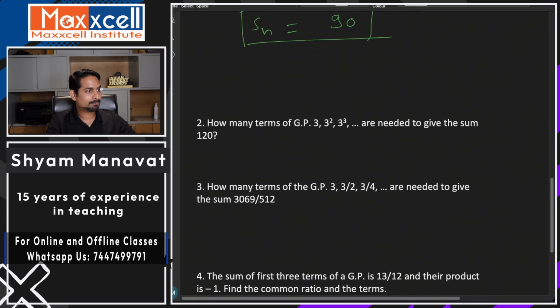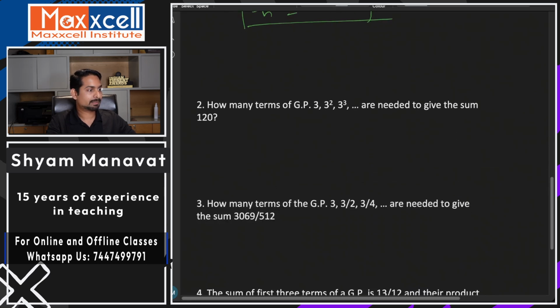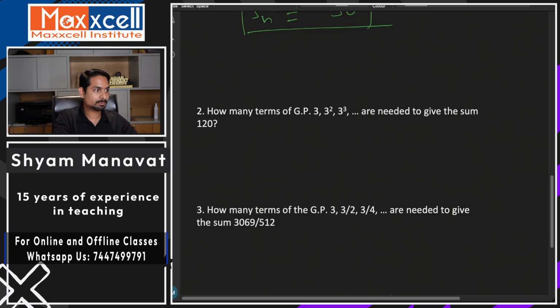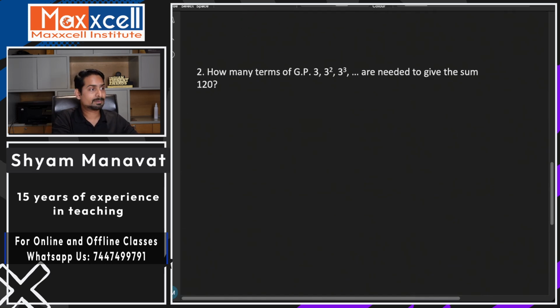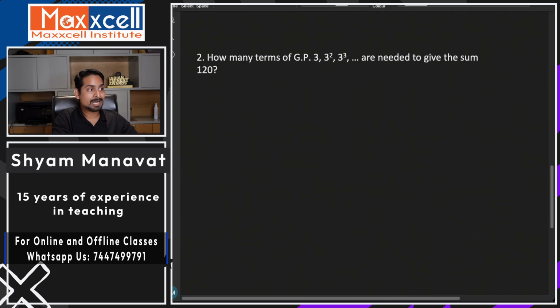Or let me give you this. Okay, let me solve question number 2 and give you question number 3 as homework. So you need to write the answer in the comment box because both of them are similar. Question number 2: how many terms of a GP will get you a sum of 120? So you have Sn given as 120. You need to find n equal to question mark,